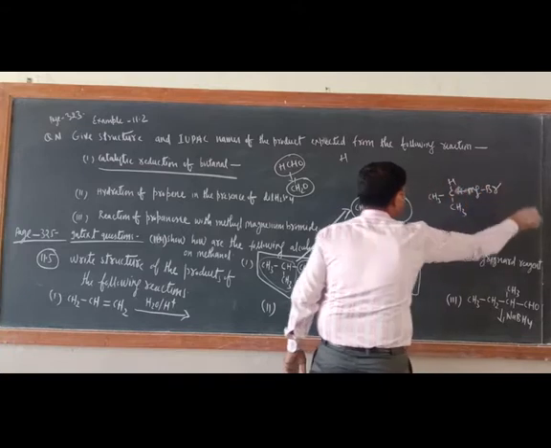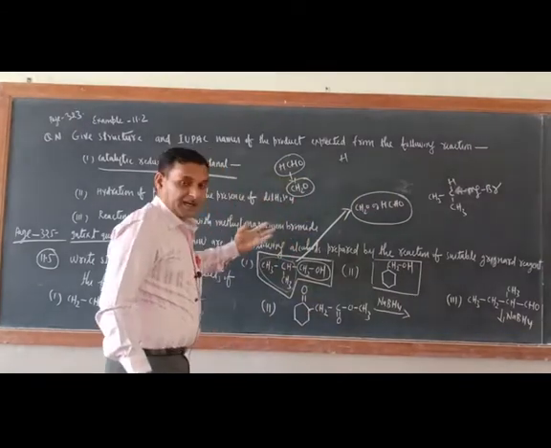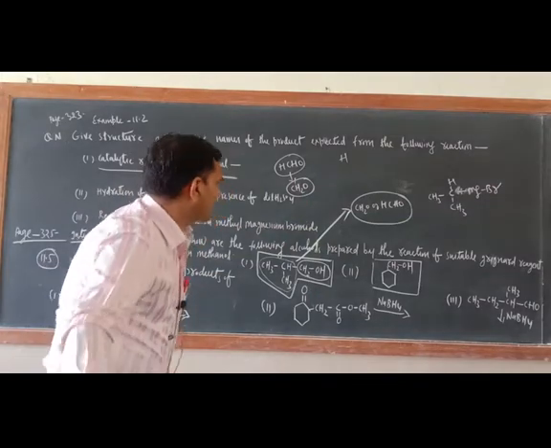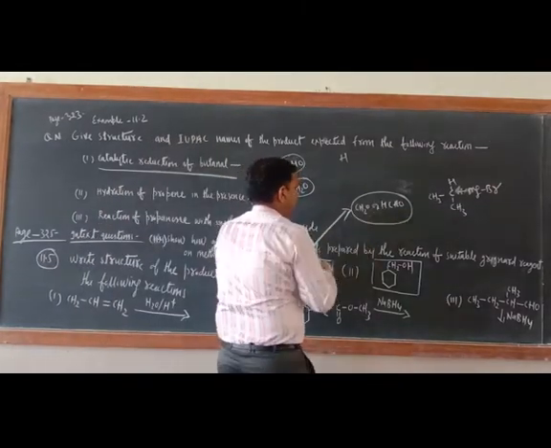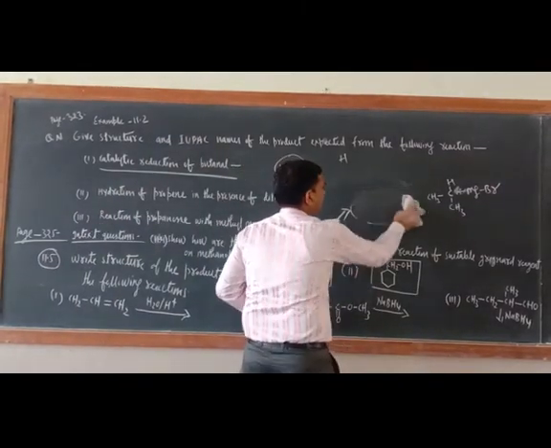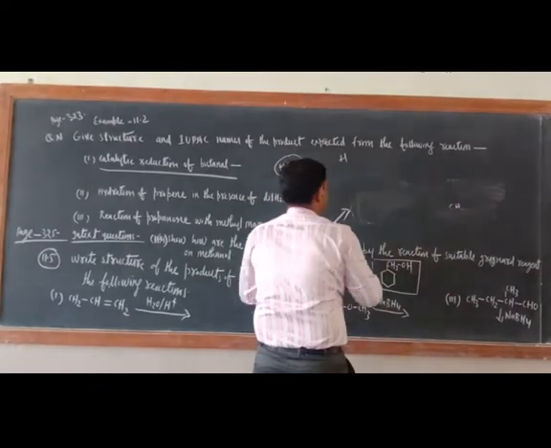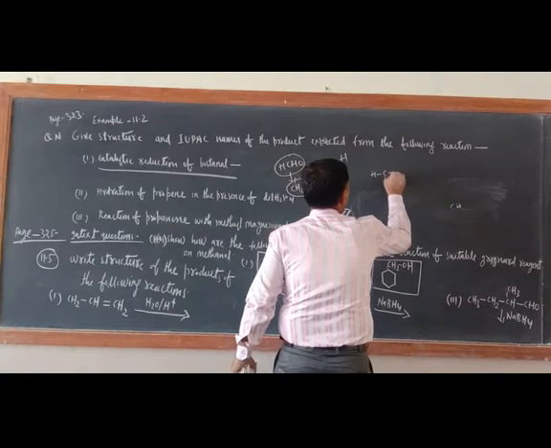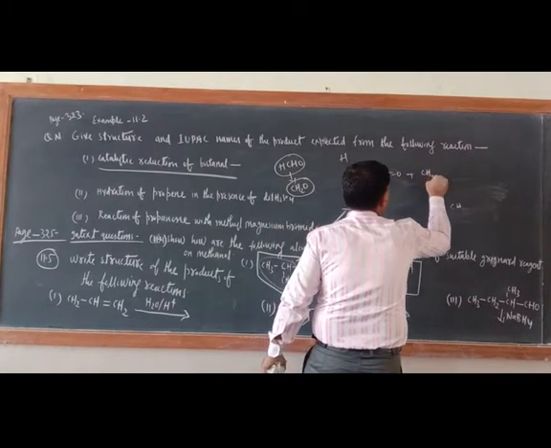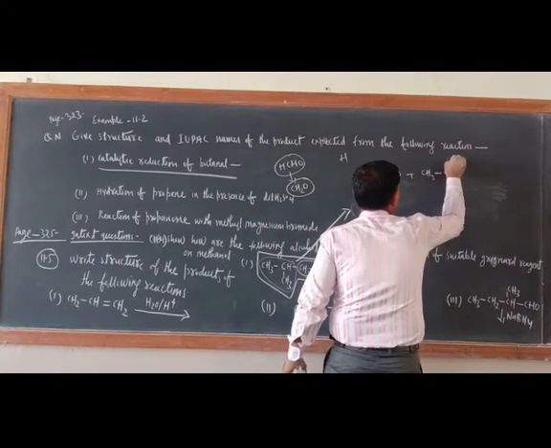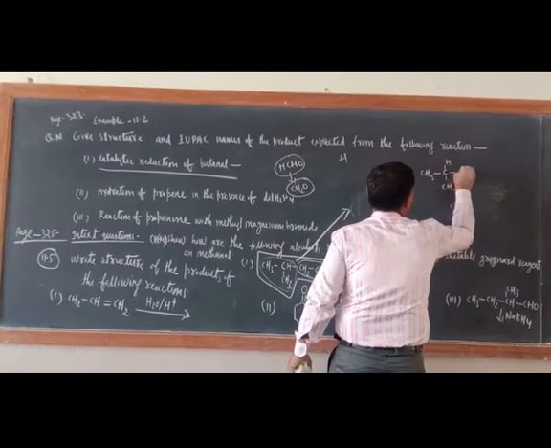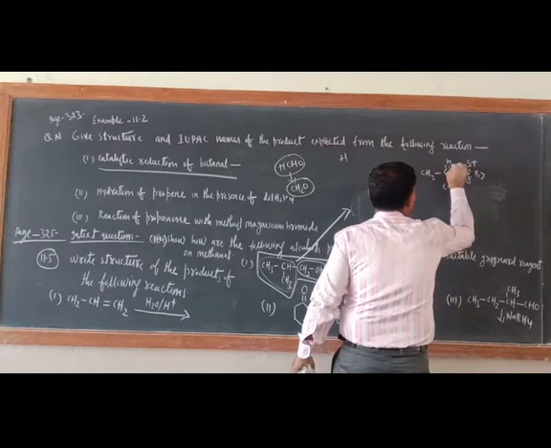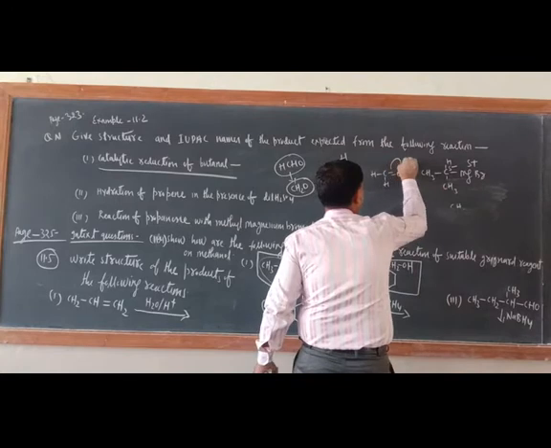MgBr. This is Grignard reagent. Now it is better to check also. So how you will check? Do one thing, make their reaction. Okay, so now this is our aldehyde and this is our Grignard reagent. So just make here reaction. HCH double bond O plus CH3 MgBr. So this is positive part, this part is negative part, and here this bond is shifted.